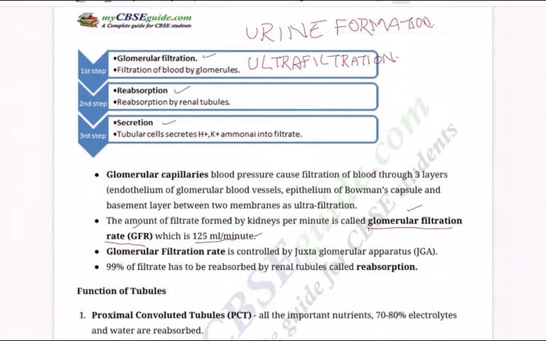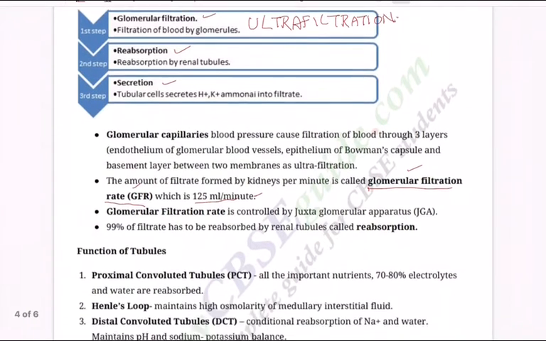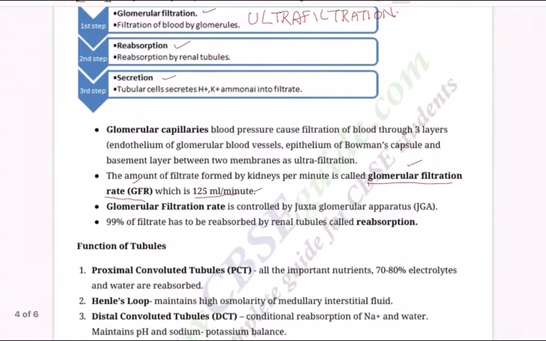And of course, water is a must. Without water, tissues will become dry. So water is reabsorbed by osmosis. Chloride ions, urea, and other solutes are reabsorbed by diffusion. The filtrate is isotonic to blood plasma. So unless it becomes isotonic, the process will go on.